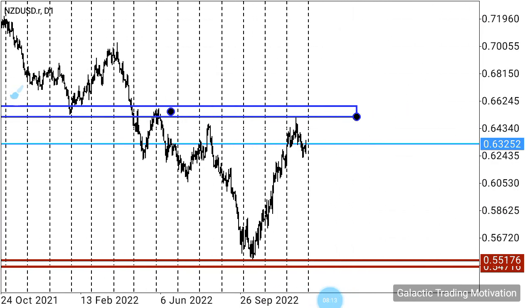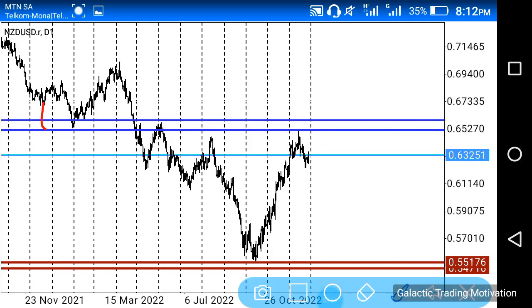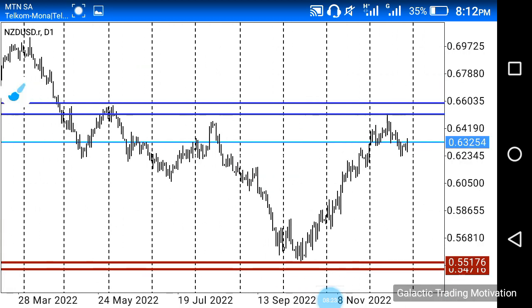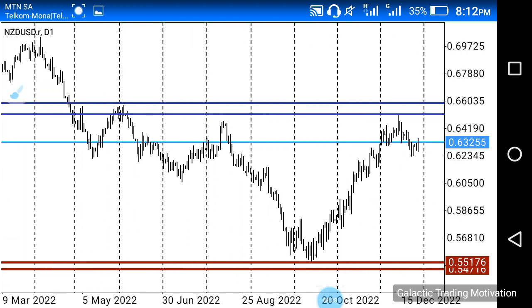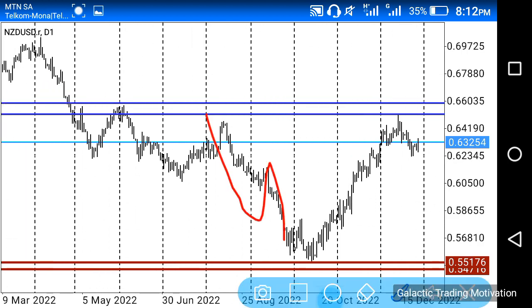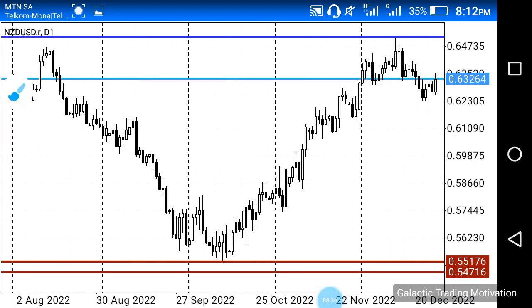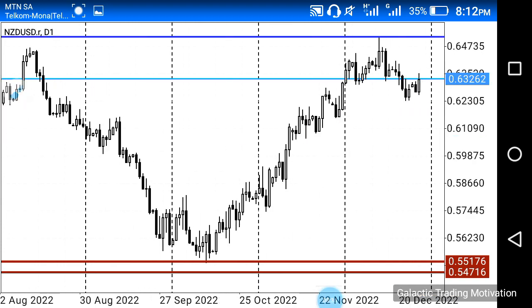Just remember that this is the neckline of that huge M structure that I spoke about on the bigger time frames. And remember, guys, that on the weekly chart I spoke about how we could potentially have this pattern over here, which is an inverted head and shoulders pattern. And if I can just zoom in a bit, we can see that we do have what seems to be